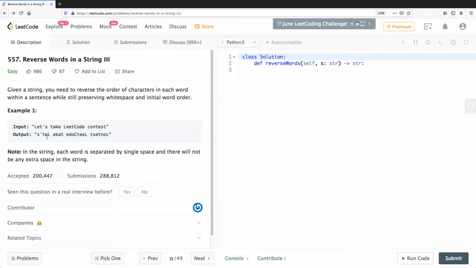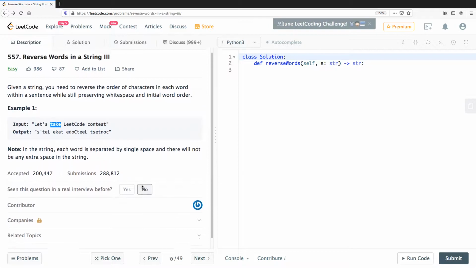That's not a very hard problem because sometimes they ask you to reverse the whole string. So if you know how to reverse a word, you should be able to reverse the whole string. And he's saying in the string each word is separated by single space and there will not be any extra space in the string, which is cool